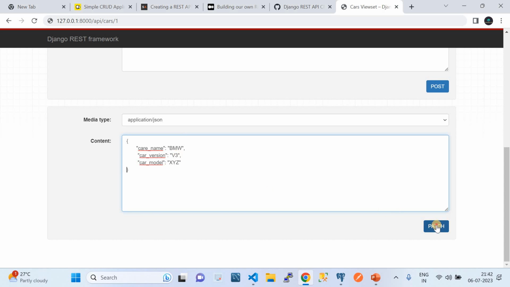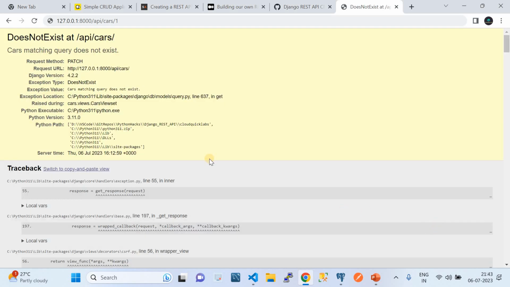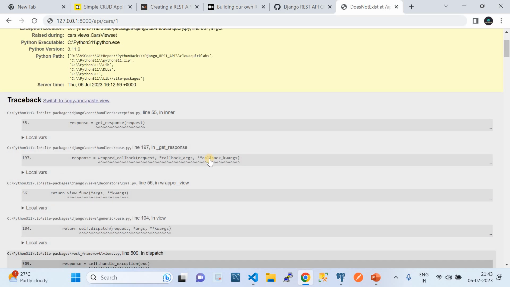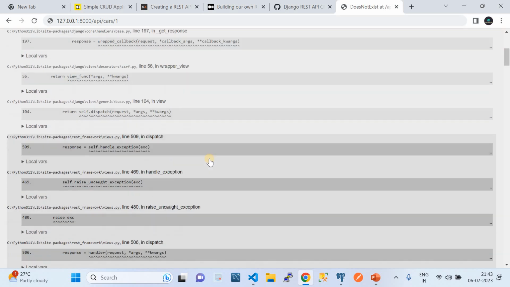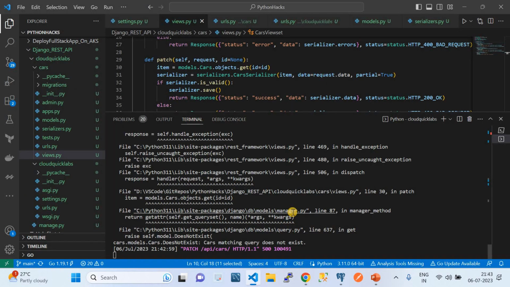Let's see if it modifies. I'm just going to make a change. Looks like there is some error. Let's see what the error is. It says cars matching query does not exist. Basically it says there is no cars. Okay, so if I go here,